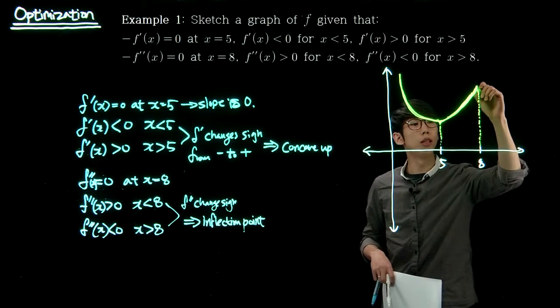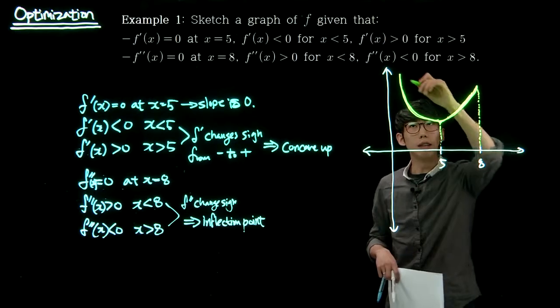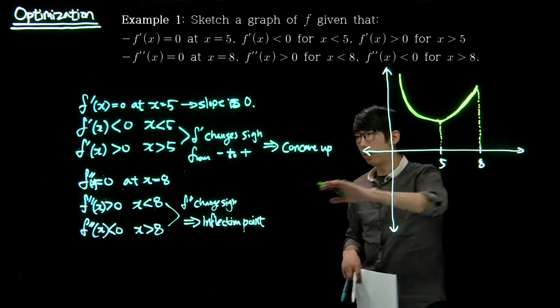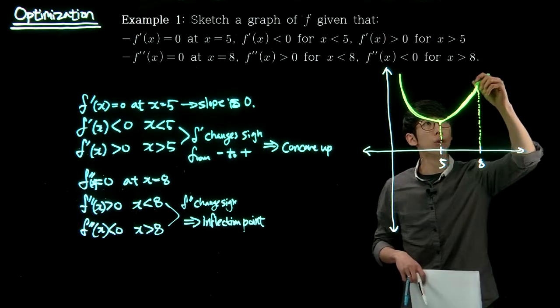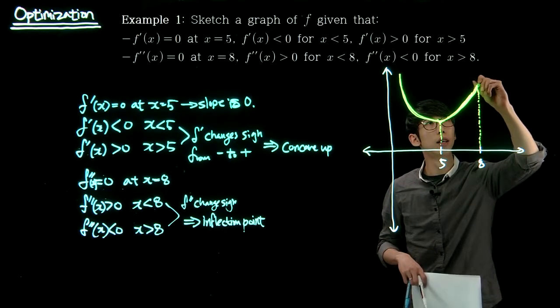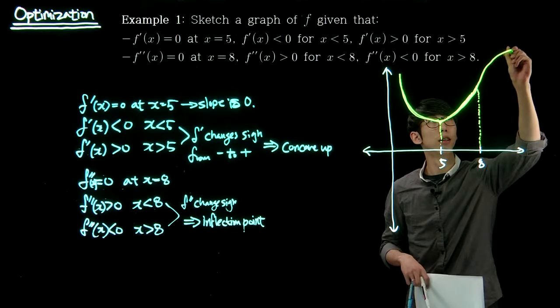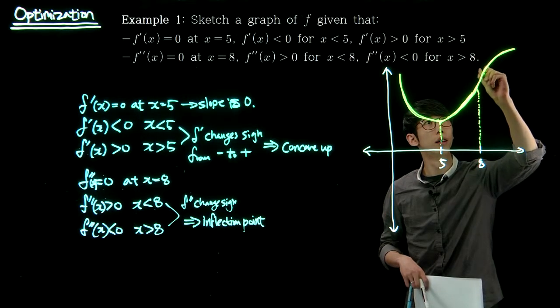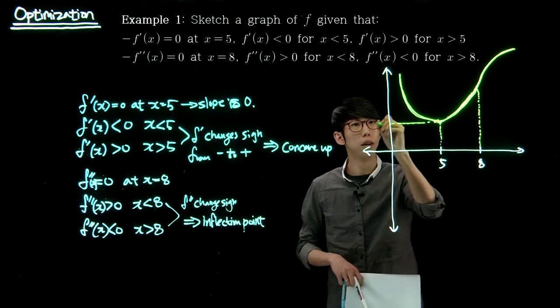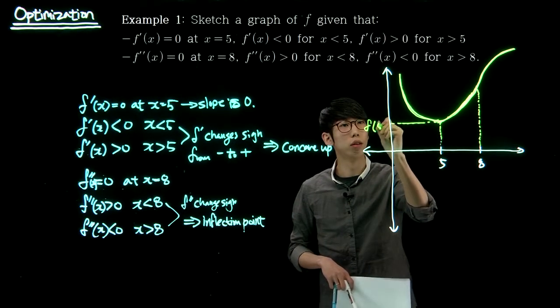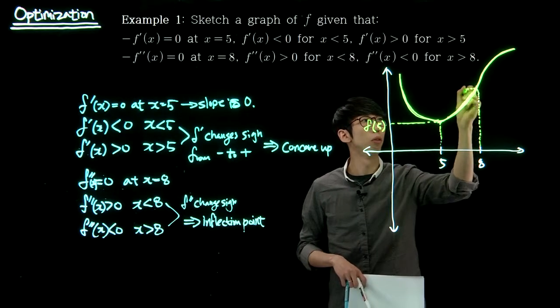So far up to this point at x equals 8, it is concave up. Then it changes at the inflection point to concave down. So it would go something like this. Okay? And this point would be f of 5. This point would be